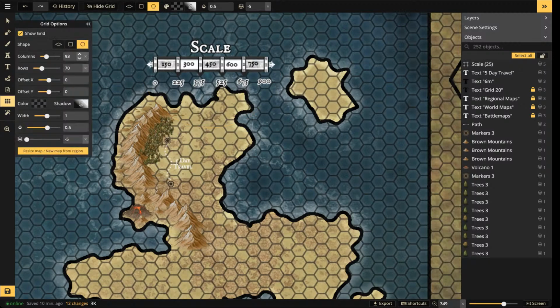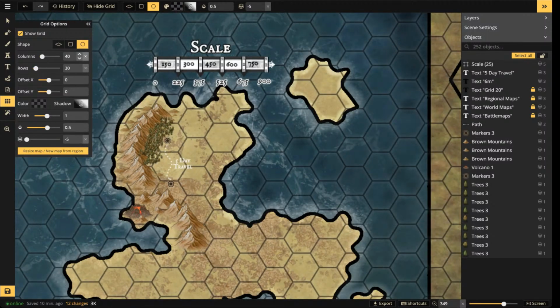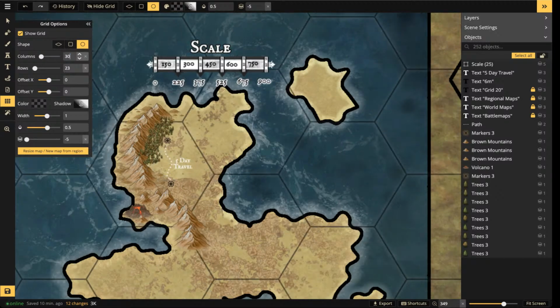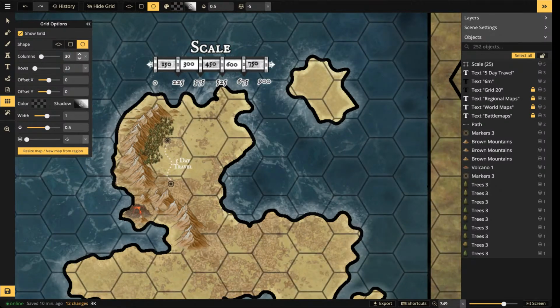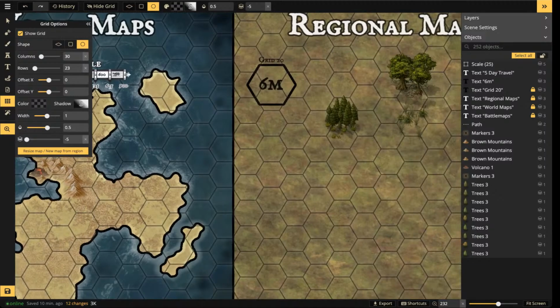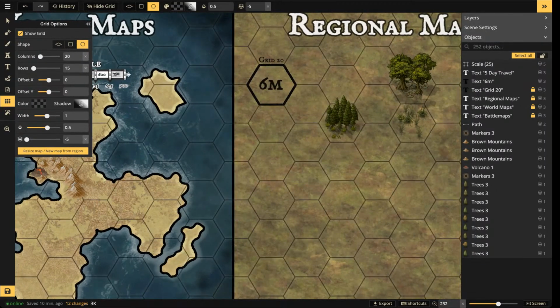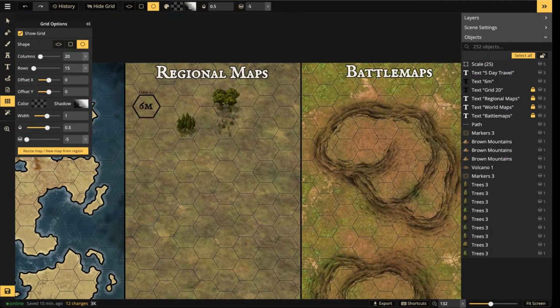Again, scale is all a matter of personal preference and what you want until you actually get to printing and VTT. And that's a whole different ballpark. I'm not going to go into that. Again, like I said, I'm not going to worry about that. So let's just put the hex grid back to 20. Okay, so that's how I generally work out my